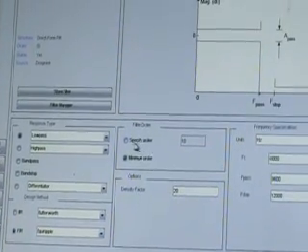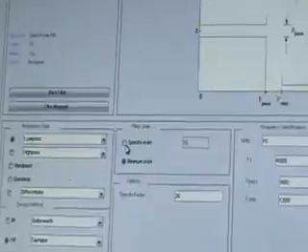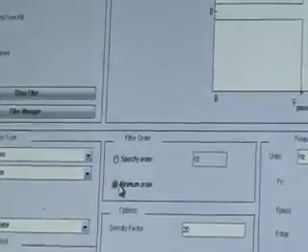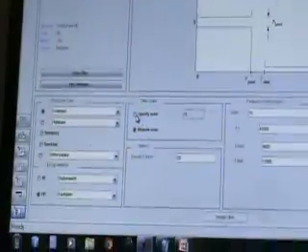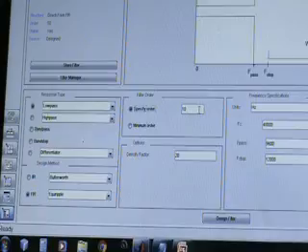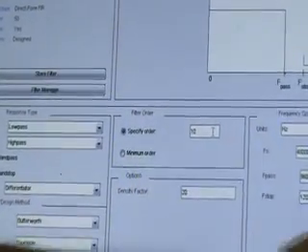And coming to the filter order, we have two options. We can specify the order of the filter which we want, or we can keep it as minimum order. If we keep it in minimum order, FDAtool directly designs with the minimum order possible which meets the specifications. Here we'll see how to specify the order. If we click on specify order,